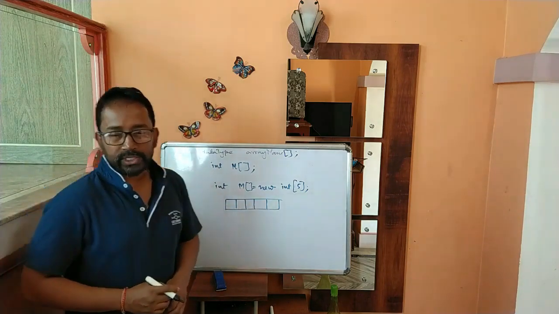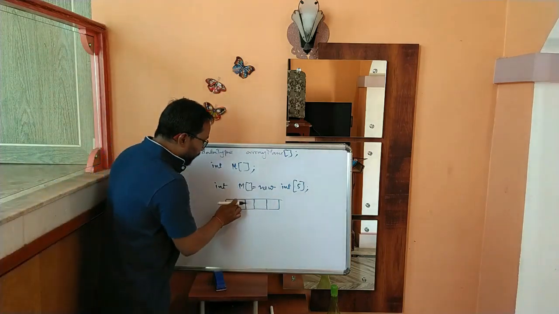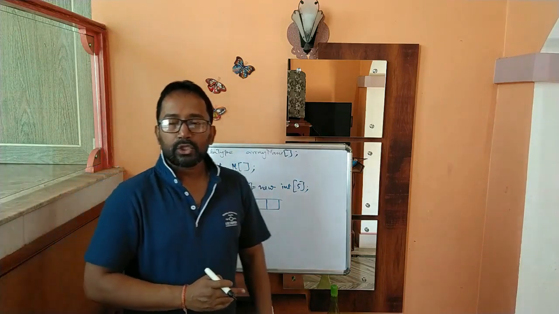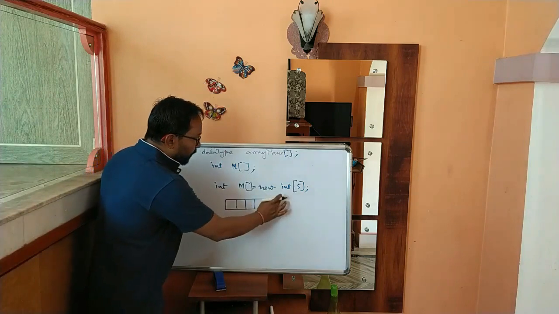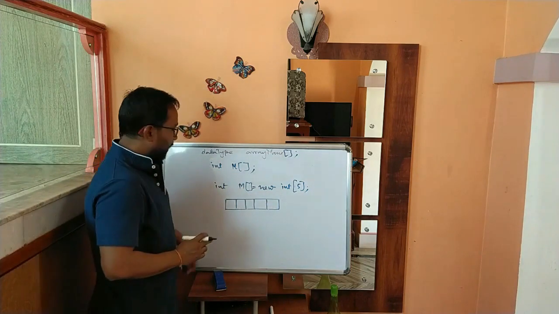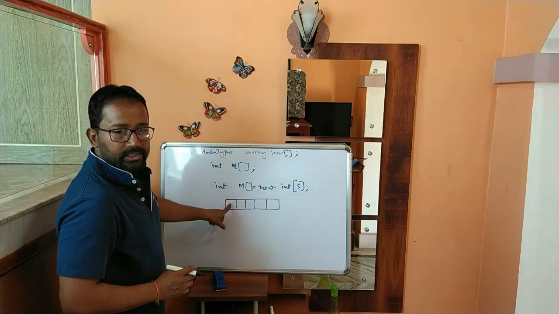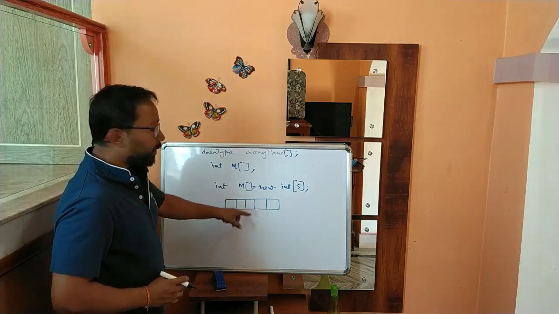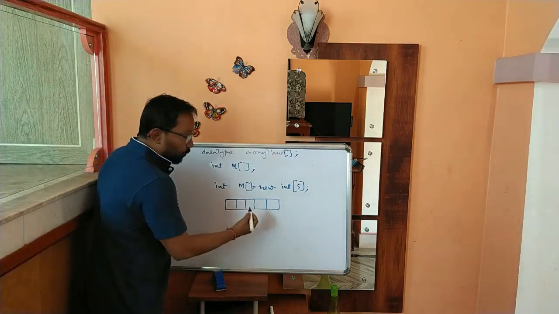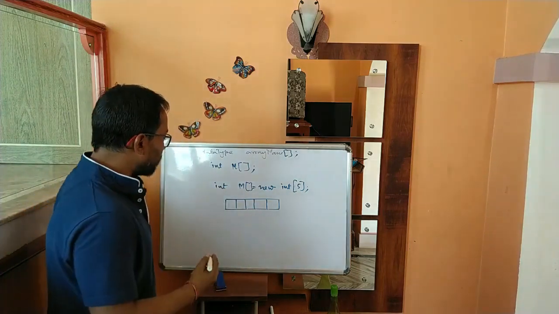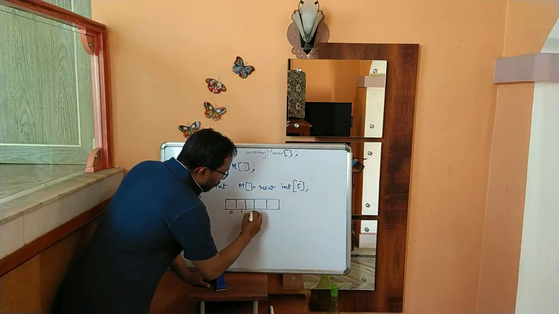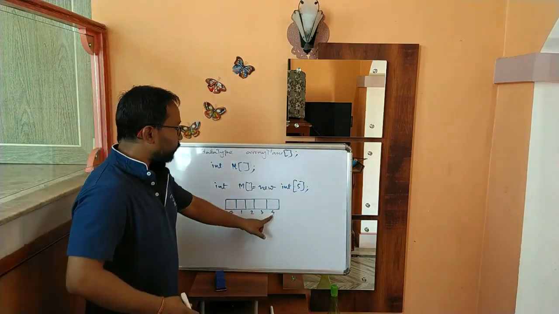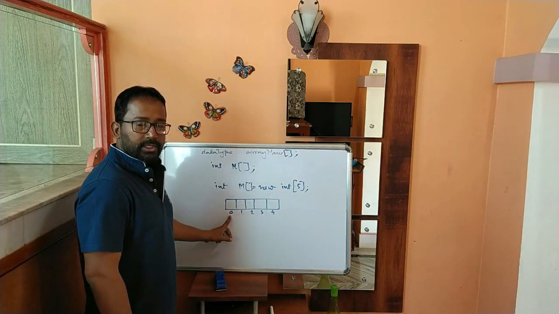An integer block means, we know the integer data type size is 4 bytes. So this is one 4 bytes memory, this one is another 4 bytes memory, and this is another 4 bytes memory. This way we can easily calculate the storage capacity of this array. The total number of elements is 5 and the size of the base data type, or one element's size, is 4 bytes because it is the integer data type. So 4 into 5 means 20 bytes. And as I told about the array elements' index, it starts with 0, 1, 2, 3, 4. So obviously the last element's index will be the total number of elements minus 1, so 5 minus 1 is 4, as the index or subscript numbers start from 0.